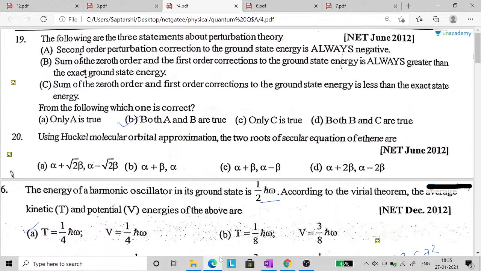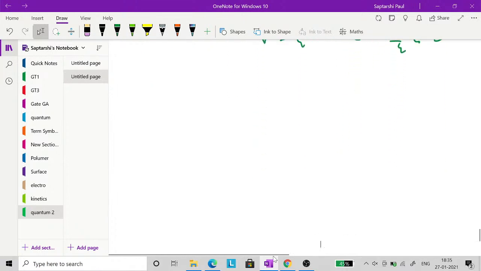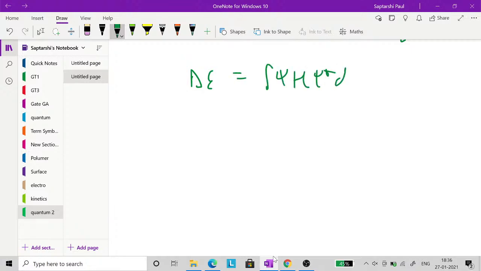Okay. So talking about perturbations, I'll just show you some formulas of perturbations. It's an approximation method to calculate the energy. I'll just show you some formulas for the first order correction and the second order correction for the perturbation energy. So the first order perturbation is given by delta E equals psi H prime psi. The second order correction for the perturbation is given in the form of